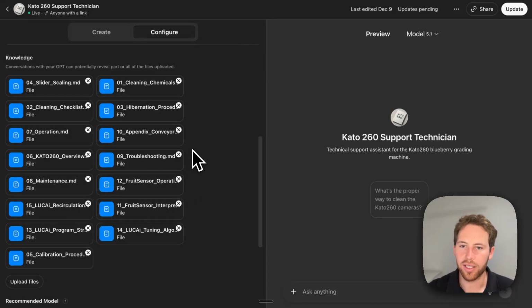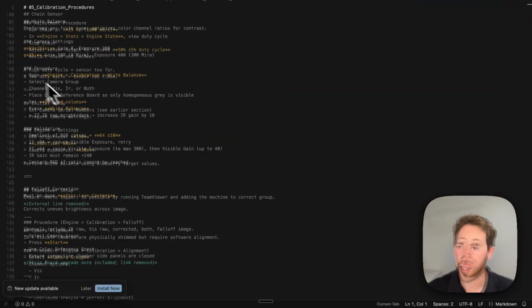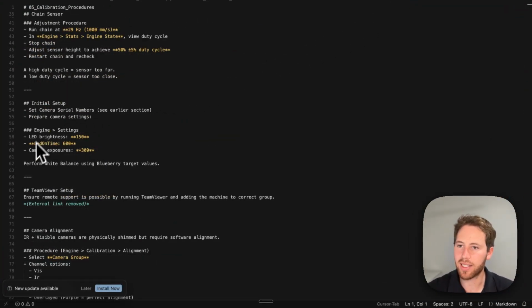Now you can attach PDF documents, text files or Word documents to it, but they aren't the best file format for retrieving. It'll still work, but it'll just be a little bit slower than using these files here, which are in markdown format, so .md. Now an example of a markdown formatted file is here. By using the hashtags to display headings, dashes to display lists, and asterisks to display bold lettering, it makes the document a lot more readable for the large language model